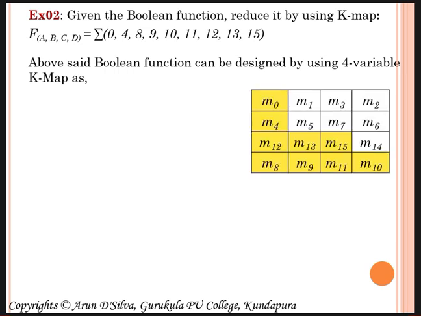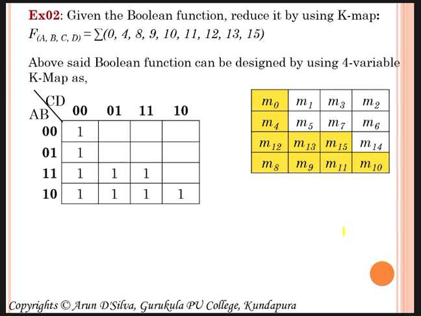Now just to give an idea, I have roughly taken this table. In a 4 variable K-map, 16 squares will be there. These highlighted areas are where we have to insert 1 when we design the 4 variable K-map. Now this is 0, 4, 8, 9, 10, 11, 12, 13, 15. Only in these areas 1 comes. In the white area, nothing comes. This is the way the K-map is. Here I have taken the AB variables row wise and the CD variables column wise.